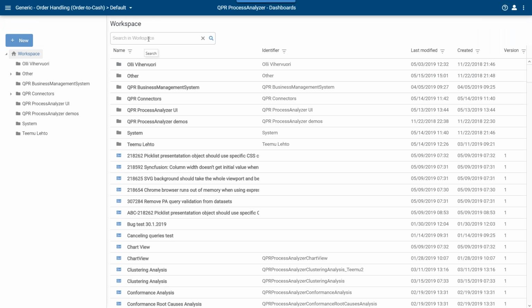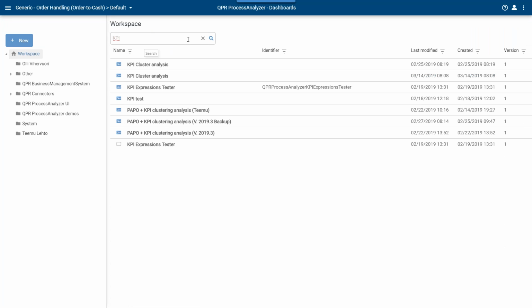So if I want to check where the view was that I used KPI, now it finds the KPI views within the different parts of the system, and you see when it has been last modified and the version numbers. We have version control for these QPR UI views. So this is a system where you manage your own views and your own applications, and that's what we call